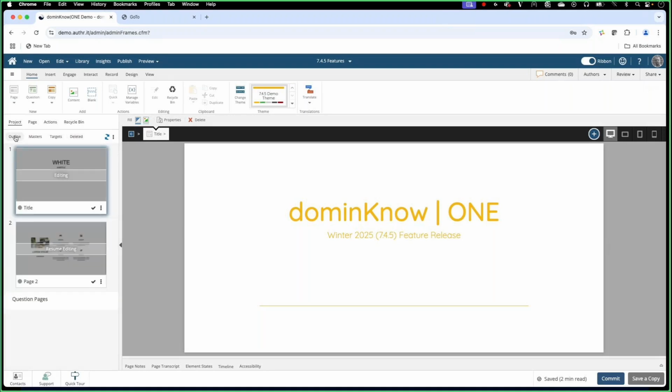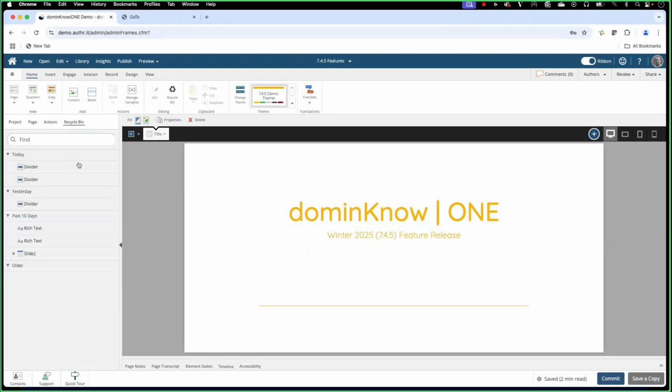And we've now implemented a similar feature for elements on a page called the recycle bin. If I go over to the recycle bin for this page, you can see that, in prep for today's time together, I deleted a couple of dividers. There was a slide and a content carousel that was deleted.